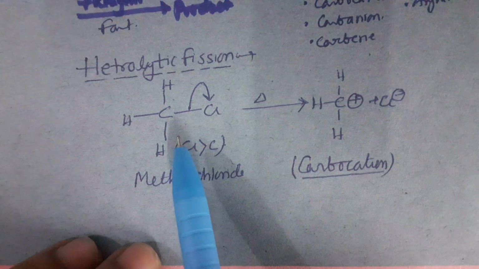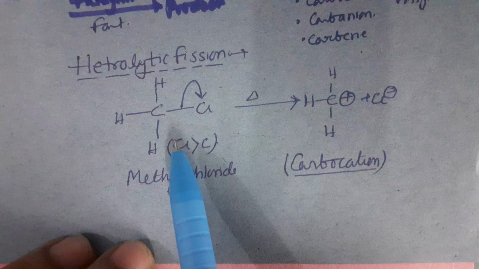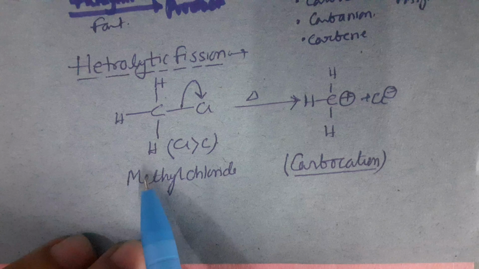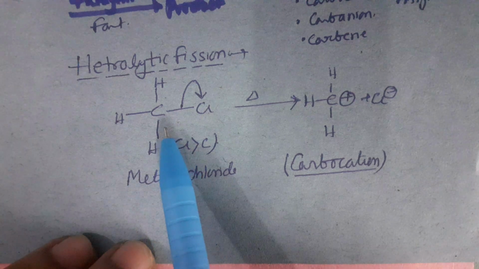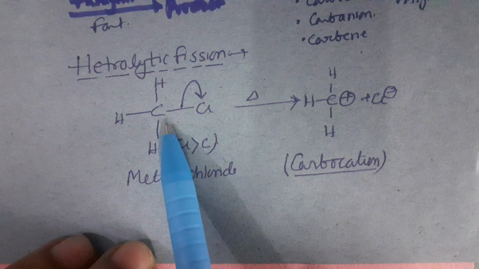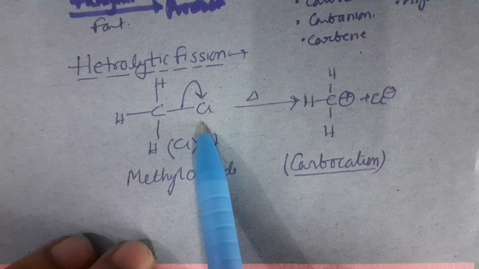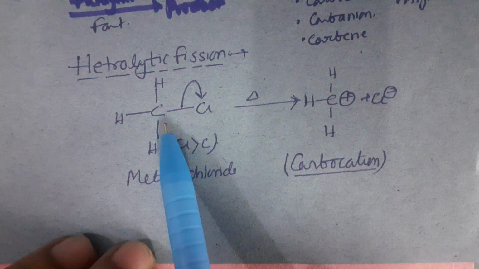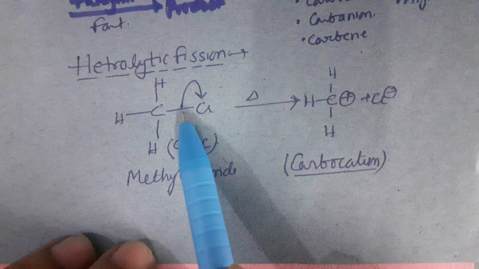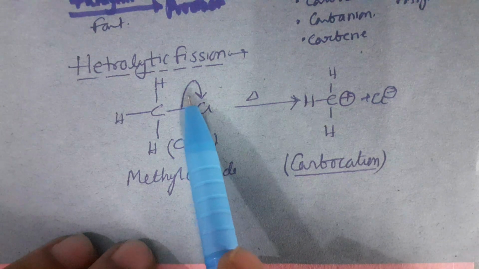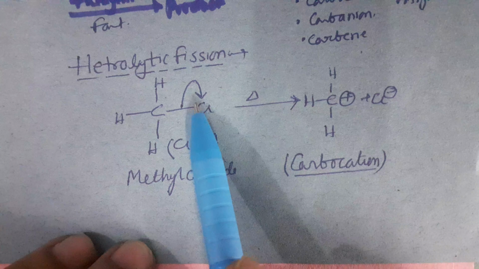And such type of bond fusion takes place when the electronegativity difference between the bonded atoms is very high. We have taken the example of methyl chloride, in which we can see that there is a bond between carbon and chlorine. Chlorine is more electronegative as compared to carbon, as a result of which the chlorine atom withdraws the shared pair of electrons towards